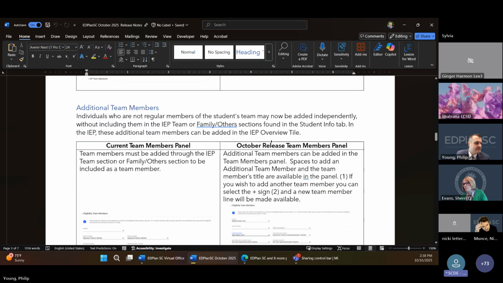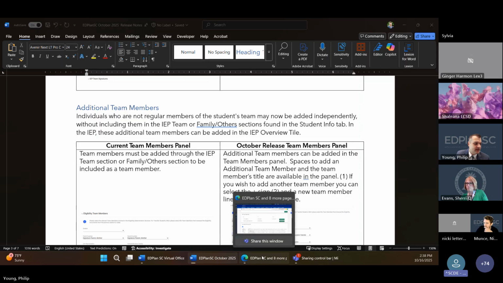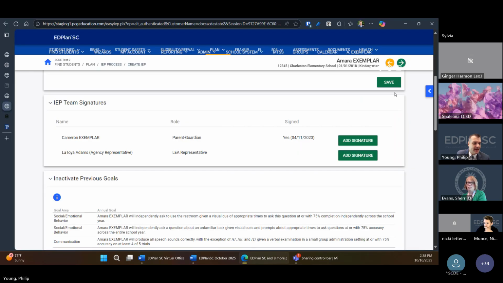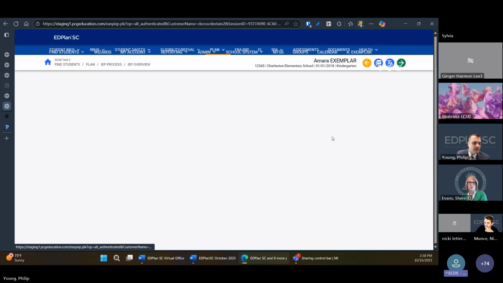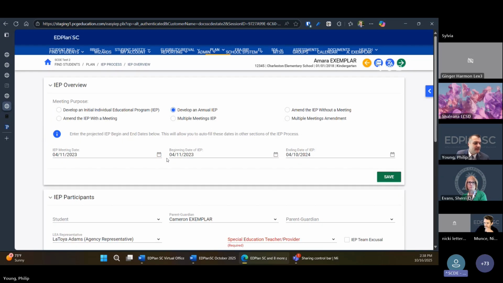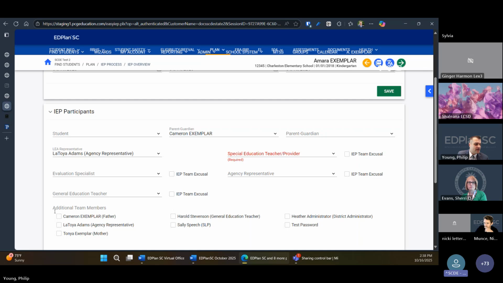All right, this next item is additional team members. So I'm going to come over to the IEP and go to the IEP overview. So currently in the system, if I want to have additional team members, let's say an advocate or someone who's not a regular IEP team member shows up to the meeting, currently what I would have to do is come up to the student info tab, sorry,